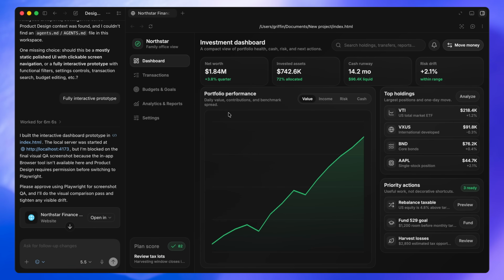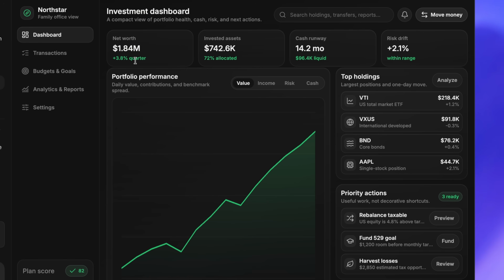We have a full dashboard produced by Codex. We have this dashboard page with 4 KPIs at the top, a huge chart right here, and a couple cards showing my top holdings and priority actions. It's looking pretty solid. It adhered to the inspiration image I gave it pretty well, along with the guidelines in